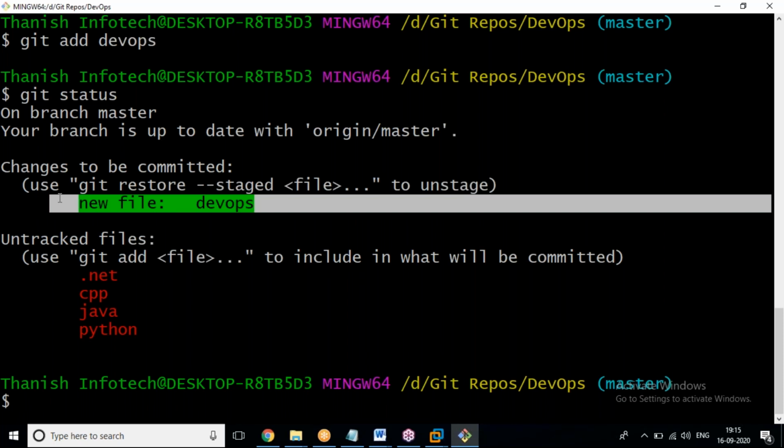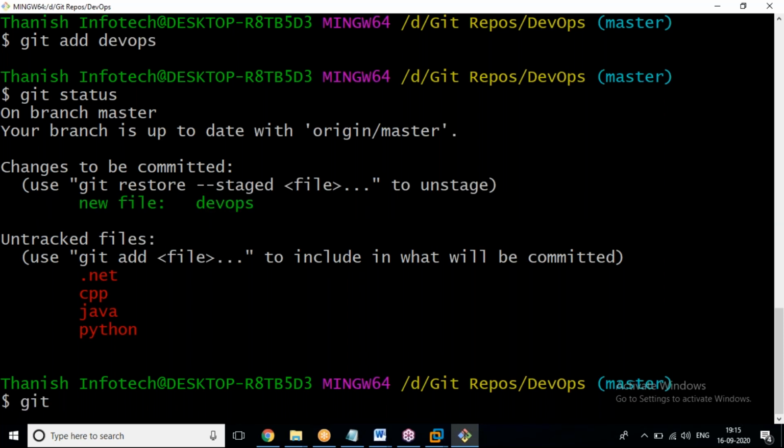We will discuss how many types of locations there are and what their names are. That is very important. From tomorrow, a very important and very interesting concept. Now, git commit -m with any message.